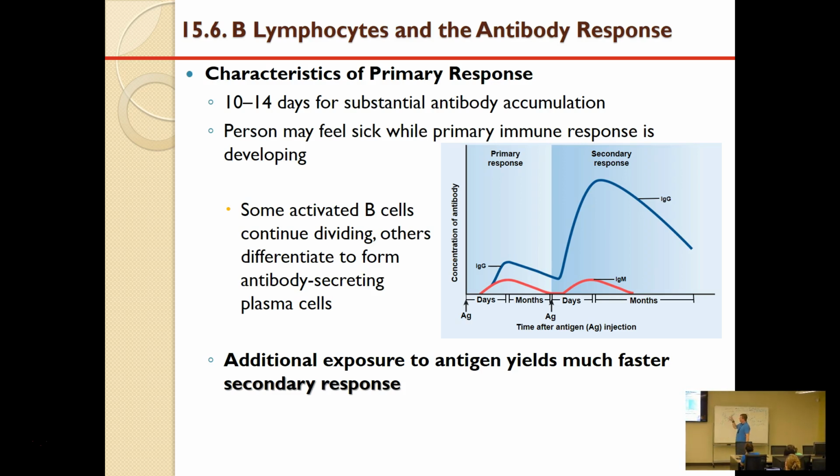All right, so we're moving around to characteristics of a primary response. So what is it? Again, these are just common things that everybody's immune system goes through when we're going through a primary response. 10 to 14 days is about what it takes for antibodies to accumulate in large numbers. So this is why you may be sick for a few days,